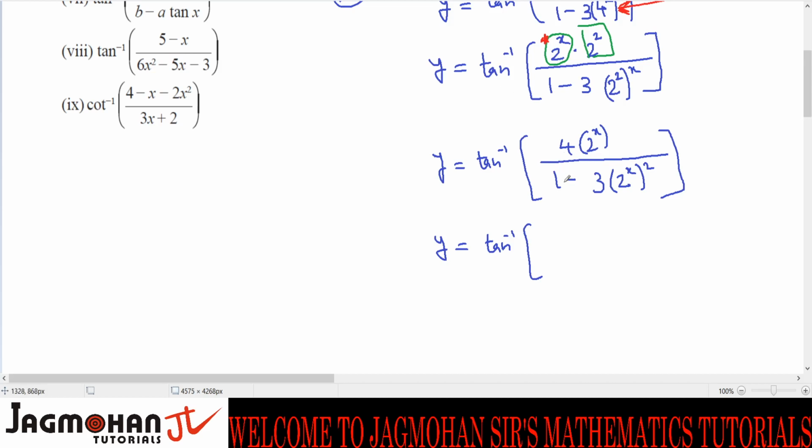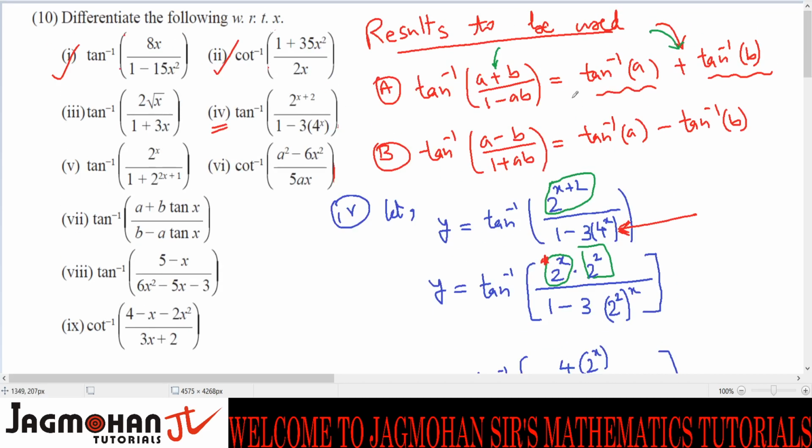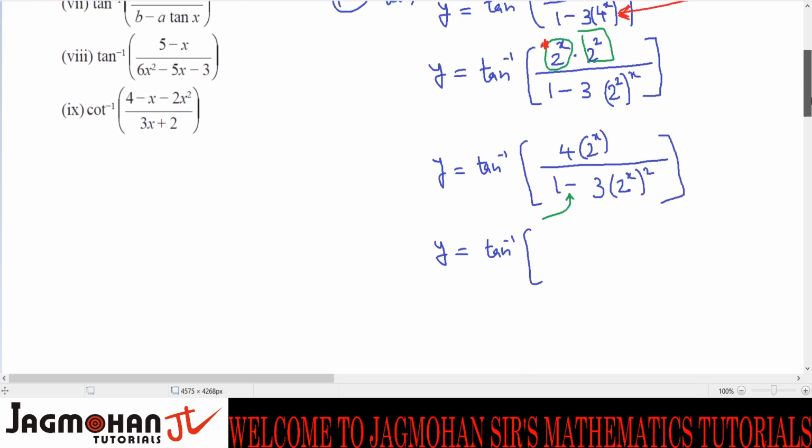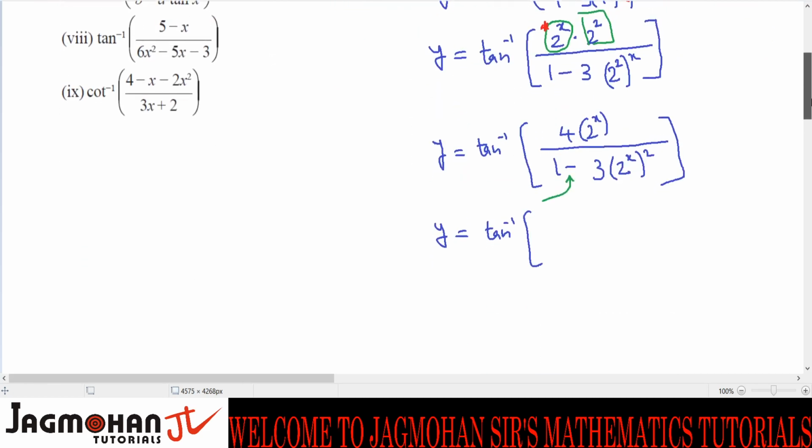Here 1, then after 1 what I have is a negative sign. I understand if after 1 it is a negative sign, then in order to get the result working here, in the denominator after 1 I have a negative sign, so in the numerator the two terms I get, I should be getting a positive plus sign between them. Okay, so I have got two things to be fulfilled here.